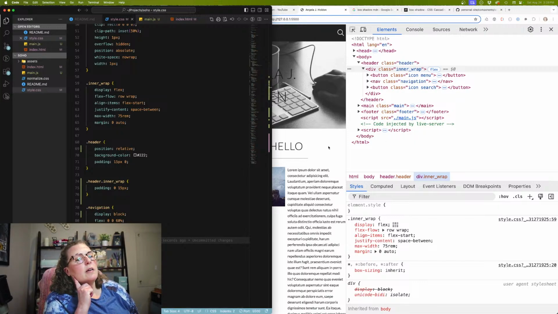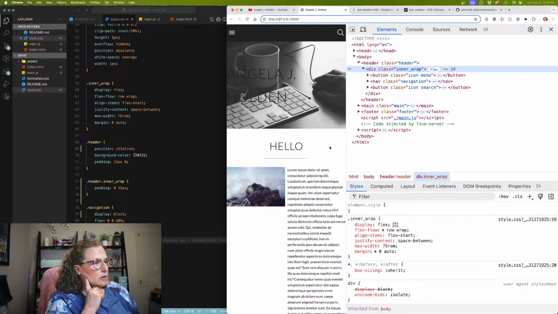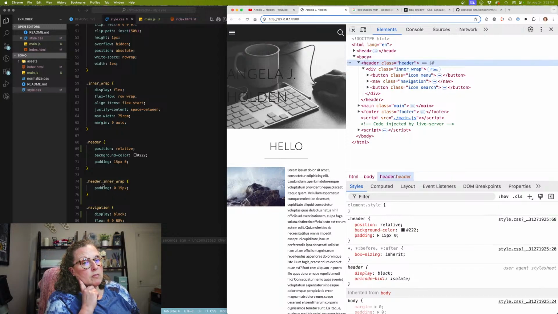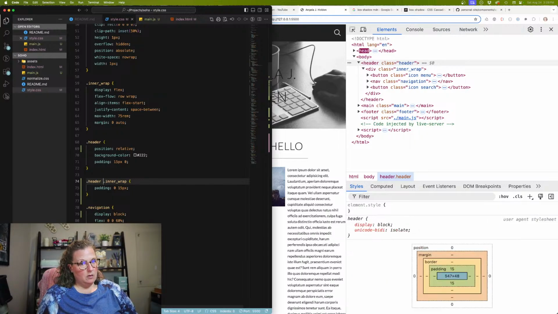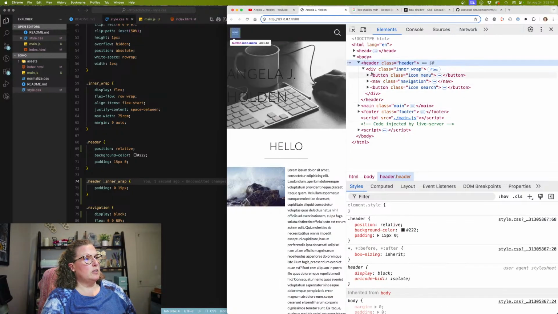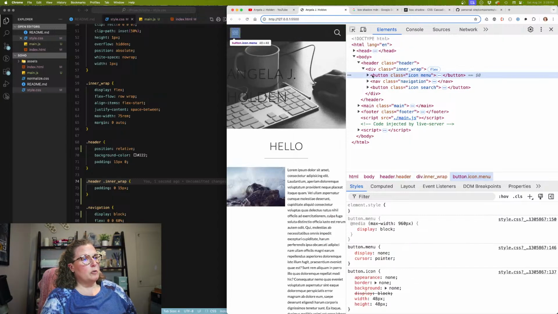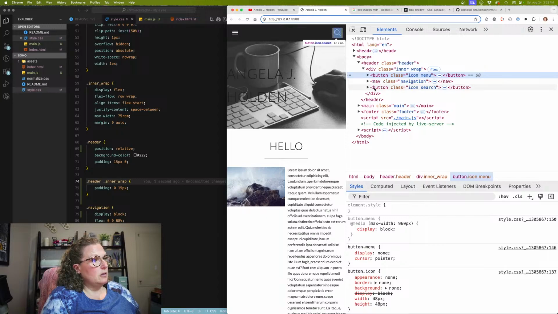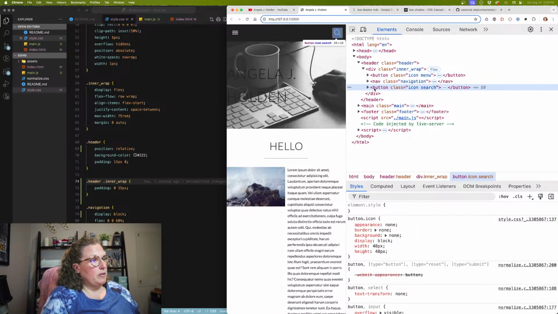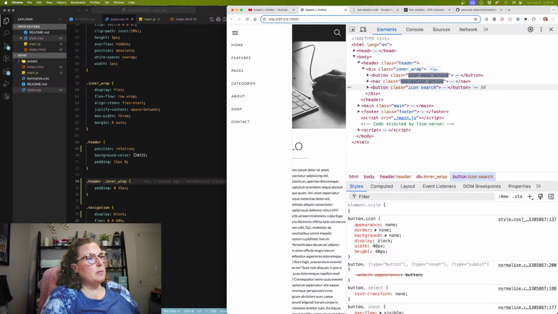Okay, so why header dot inner wrap? There we go. You can see that popped in a little bit. So now, if we open and close it, yeah, I like that. So our button is 48 by 48, our menu button. Our search icon is 48 by 48. Love that. And when we click this, it opens and closes the menu